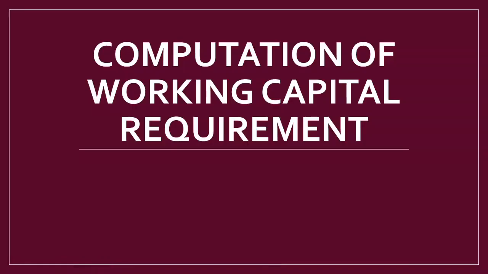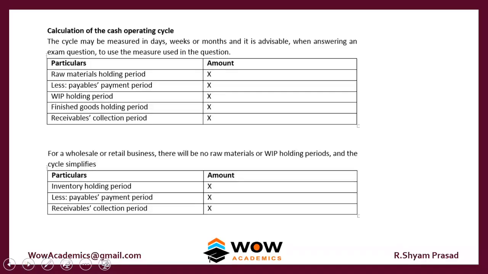Now we'll move on to the computation of working capital requirement. So to find out the cash operating cycle, we can have this kind of format. This is a lengthier format where we add the raw material days less the payable days plus the WIP days or work in progress days plus finished goods holding days and plus the receivables days. So actually this is a minus,